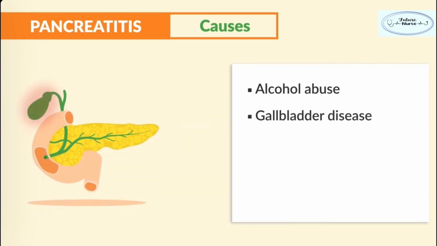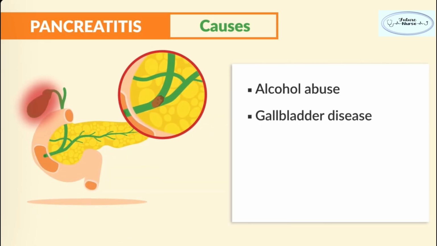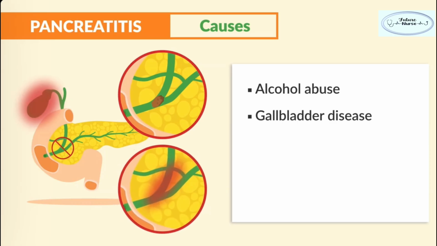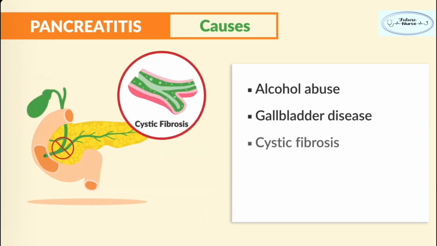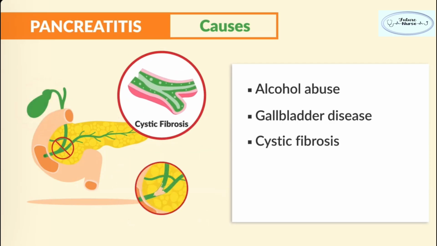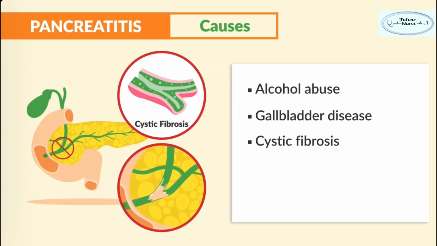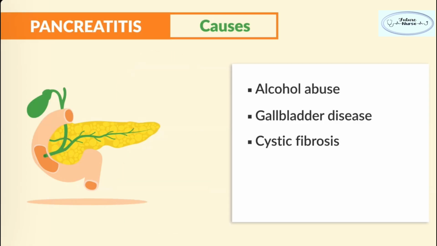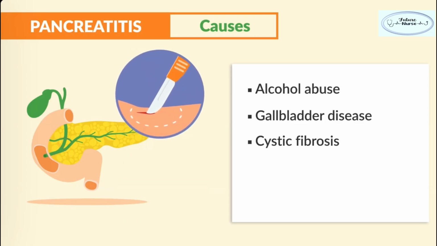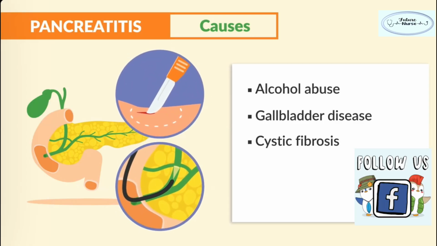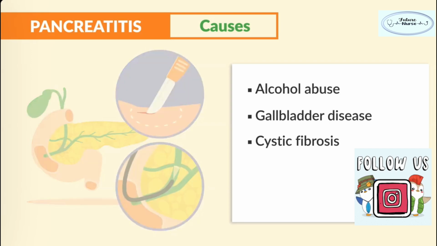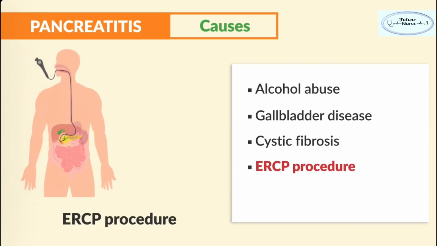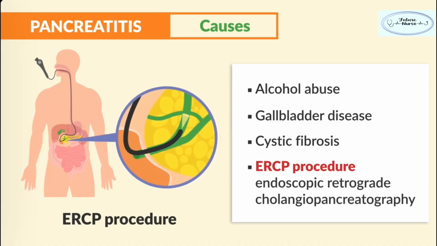Now, gallbladder disease as well, we talked about a gallstone or even inflammation that now blocks this duct. And even cystic fibrosis, where we have serious mucus. This mucus can block the pancreatic duct. Now, a really odd one here is surgeries, or a diagnostic procedure that can accidentally cause trauma and inflammation in this area. Now, this is very common with an ERCP procedure, an endoscopic retrograde